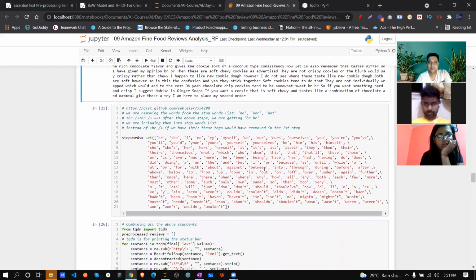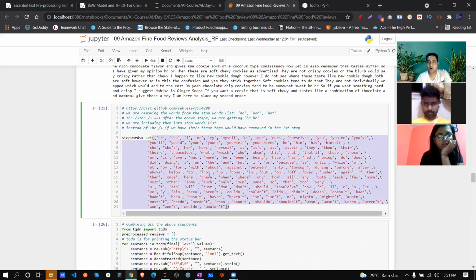Cool. Now for stop words, we already saw what those stop words are. By default we are saying only take this. We are removing the words no and not from the stop words list, because they are important to understand the negativity. So instead of directly using the stop words library as it is given by default, we are manually overriding that library and setting it so that no, not, can't are not deleted.